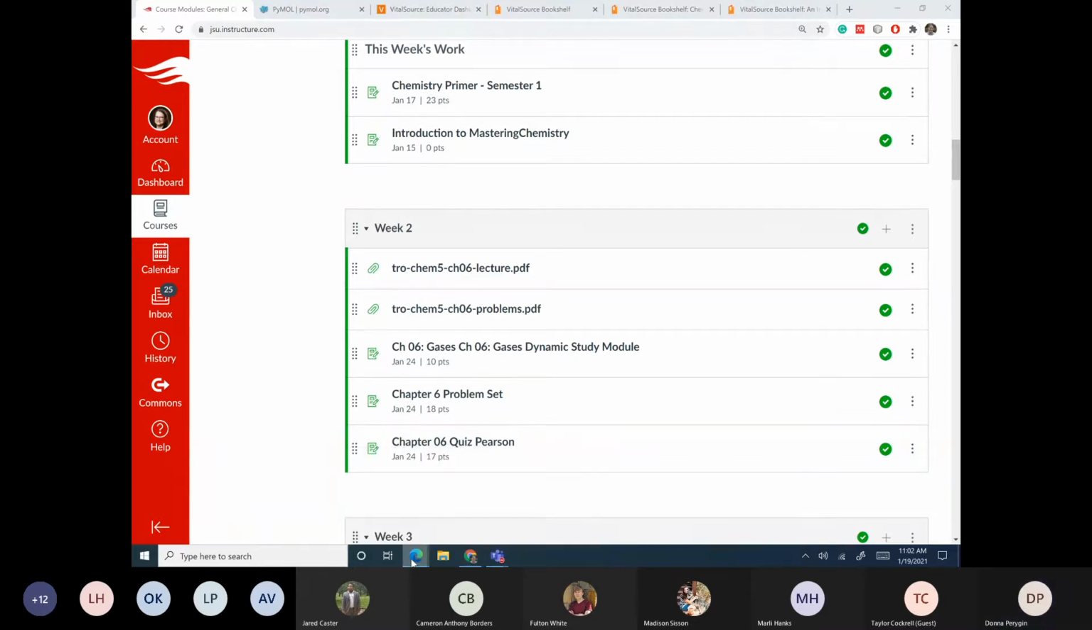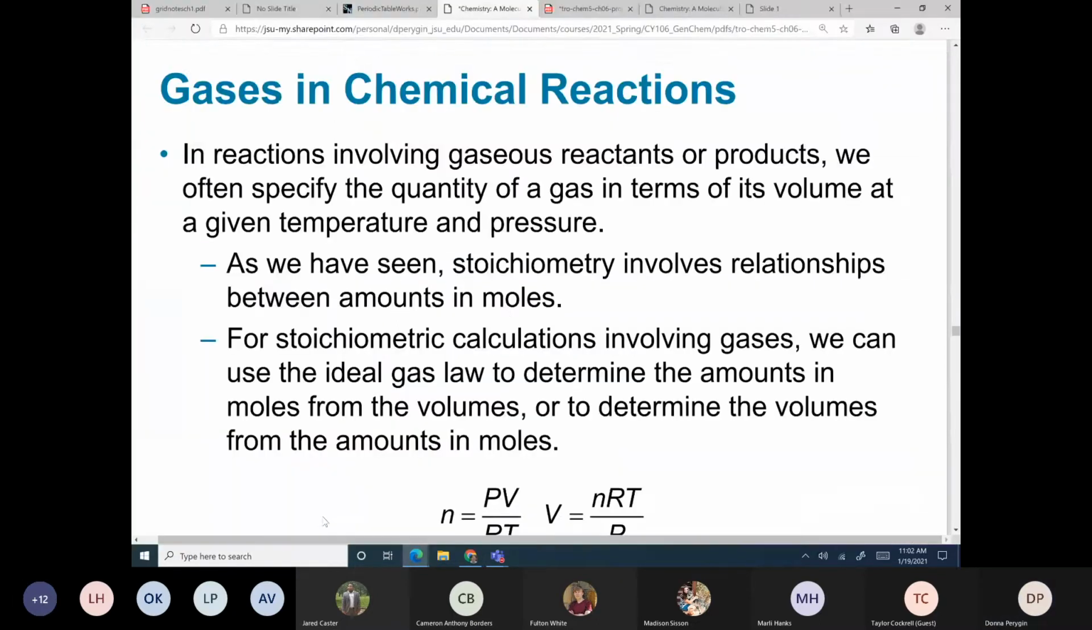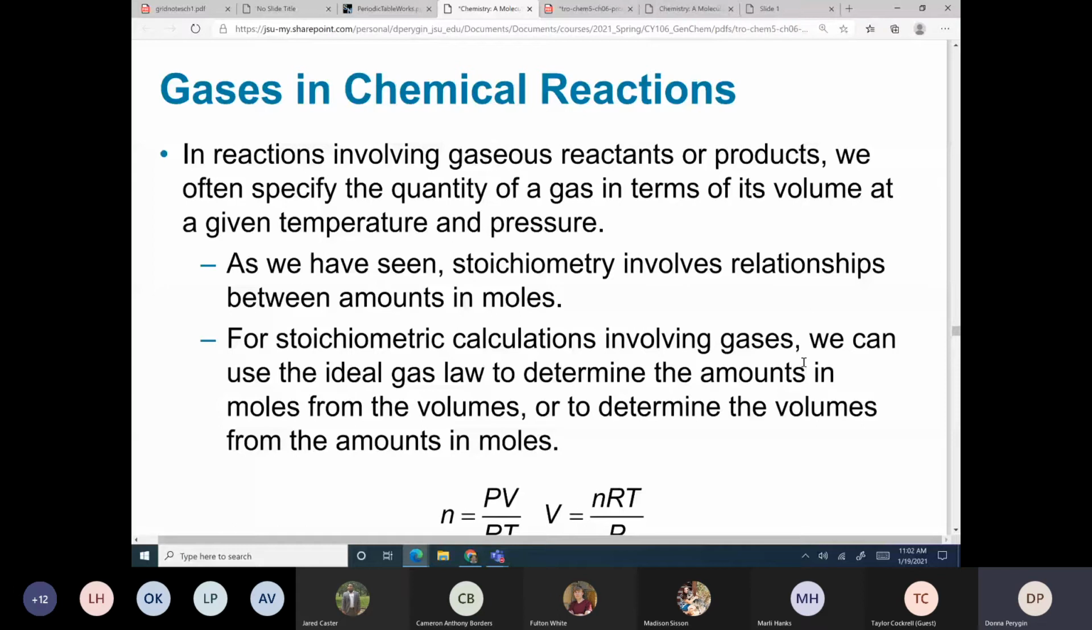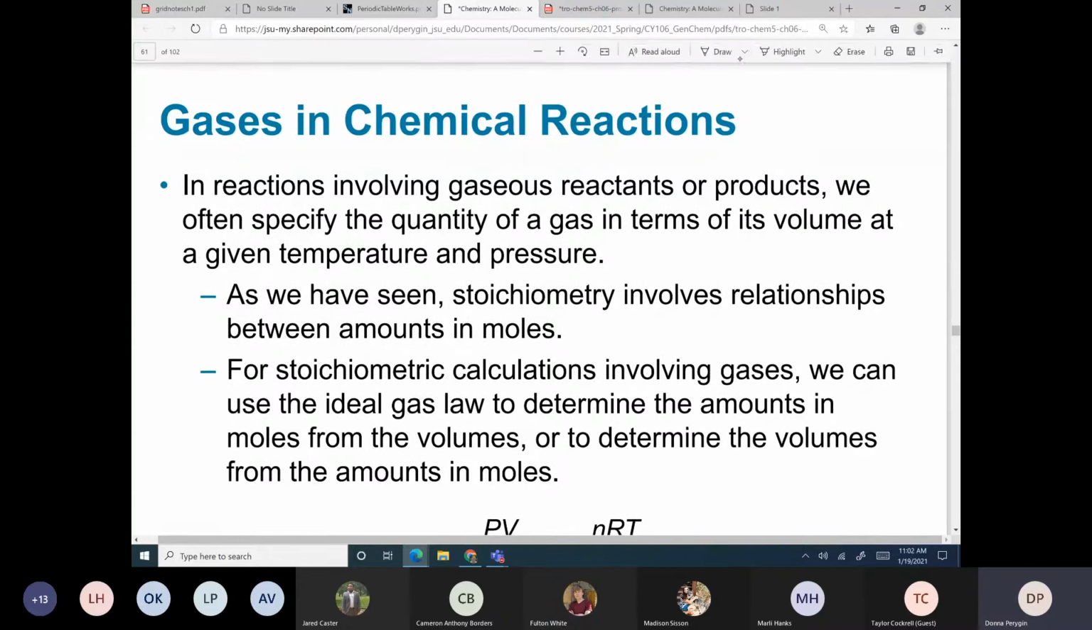Right. Let's see here. Chapter 6, gases in chemical reactions. Our next topic is talking about gases that are evolved during chemical reactions. One of the types of reactions we looked at last semester was evolution of a gas. So when gas is evolved in a chemical reaction,